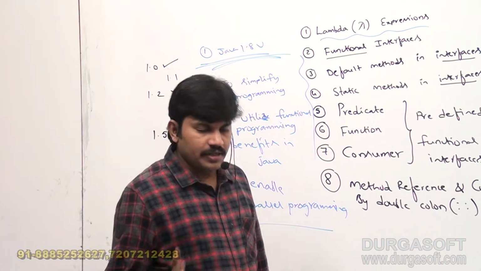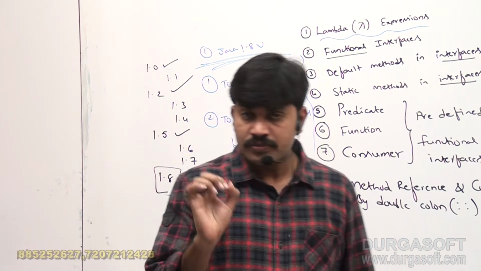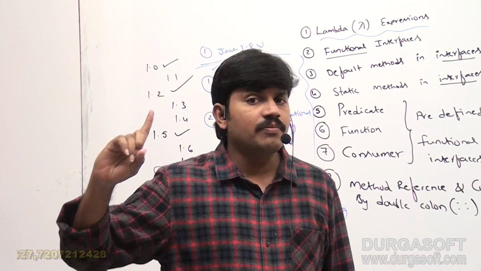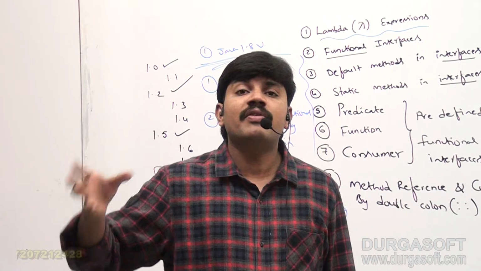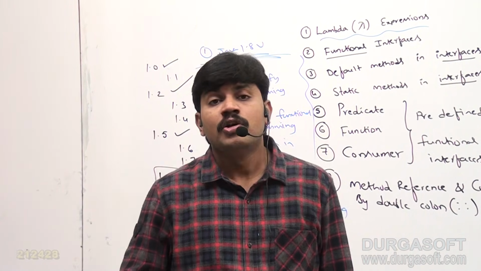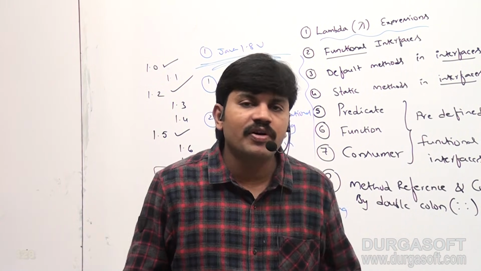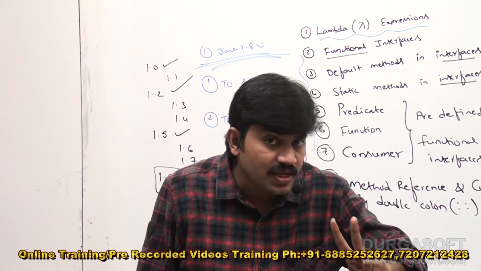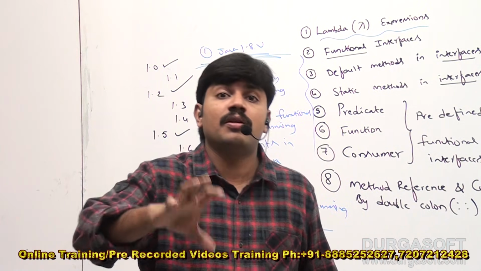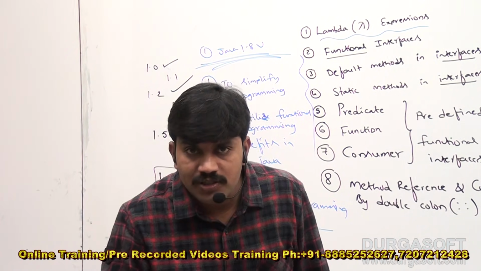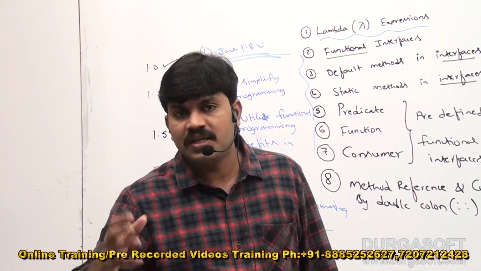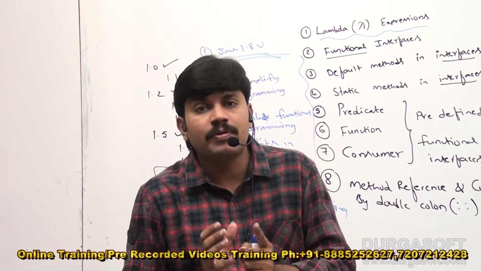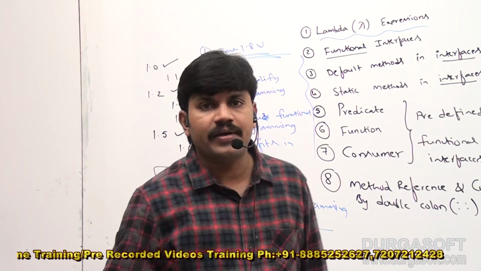Two very important questions are covered in this discussion, right? Point number 1: why did Java change in the 1.8 version? What are the main objectives of the Java 1.8 version? To simplify programming. The second benefit is to enable functional programming in Java. The third one is to enable parallel processing in Java. Because keeping these three things in mind, the Java people introduced Java 8, right?